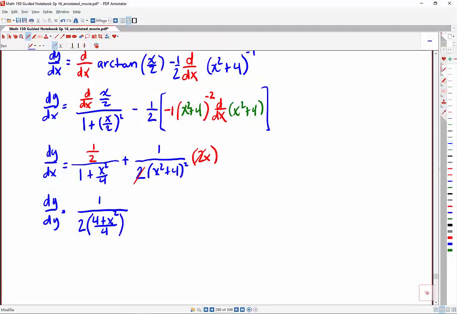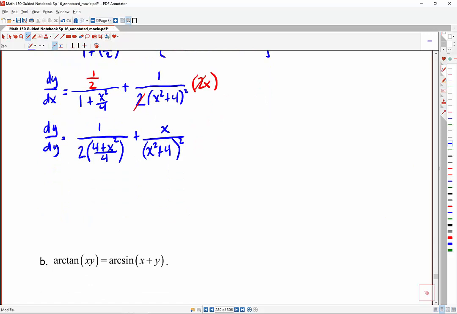And then this one will give us plus x over x squared plus 4, the quantity squared. And then continuing, this 2 divides out